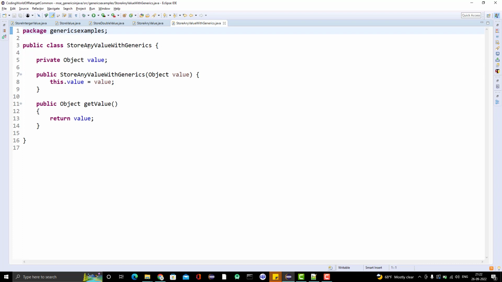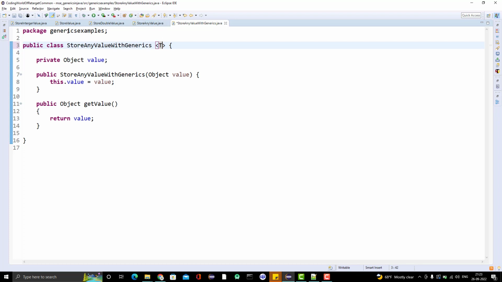And here what you need to do, you see this is the class name. For generics, what you can do, instead of ending the class definition here, you can use the diamond like this, and you can put one alphabet here. Okay, that can be anything. You can give any name. Suppose if I give the name here as T. Okay, so this T